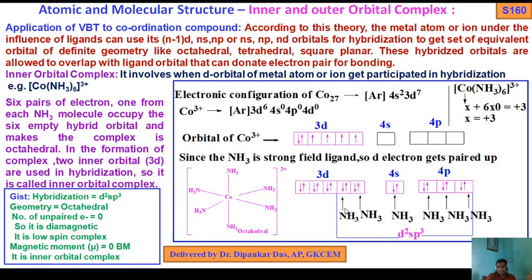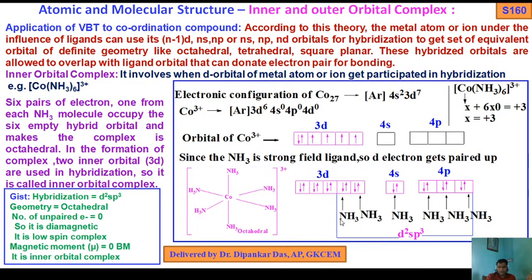Now the ligand ammonia donates an electron pair into these two vacant 3d orbitals. How many ligands? 6 ligands. In order to form 6 bonds with the metal atom, we need 6 vacant orbitals. So 2 vacant orbitals come from 3d, 1 from 4s and 3 from 4p. So 2 ammonia molecules donate electron pairs to the 2 vacant 3d orbitals of the metal, 1 ammonia donates an electron pair to 4s, and 3 ammonia molecules donate electron pairs to 4p.